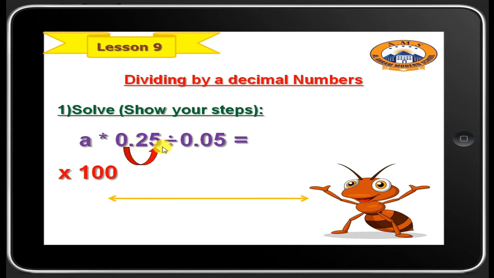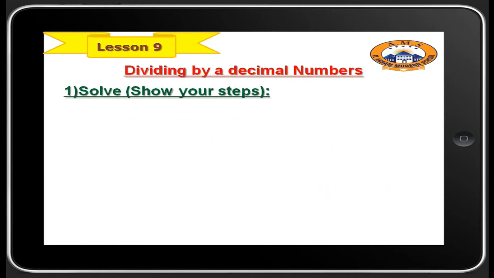We will move it 2 places to the right, and here also we're going to move it 2 places to the right. So the numbers will be 25 divided by 5. And 25 divided by 5 will give you 5. Let's have another exercise to practice how to divide by a decimal. If I want you to divide